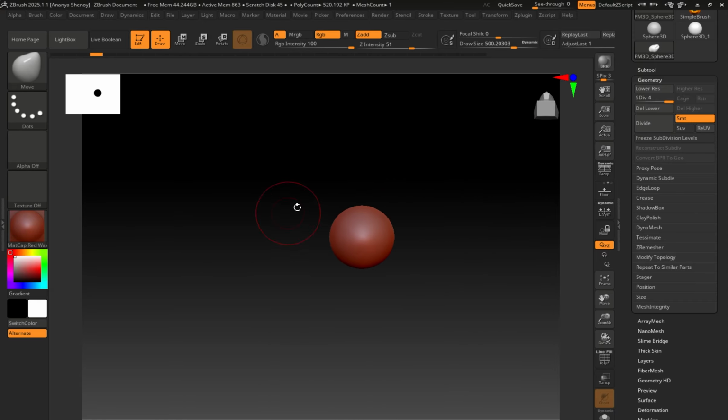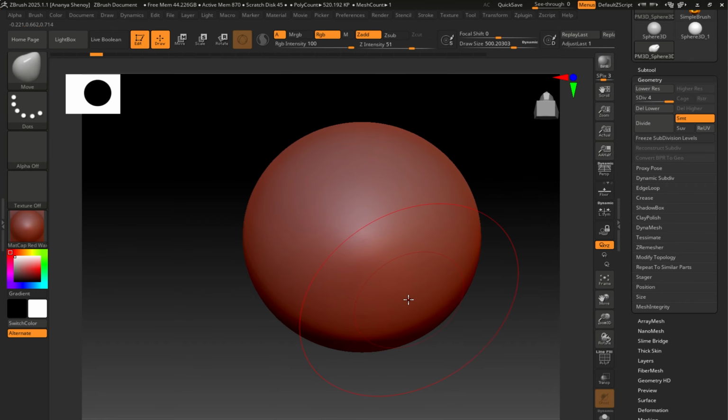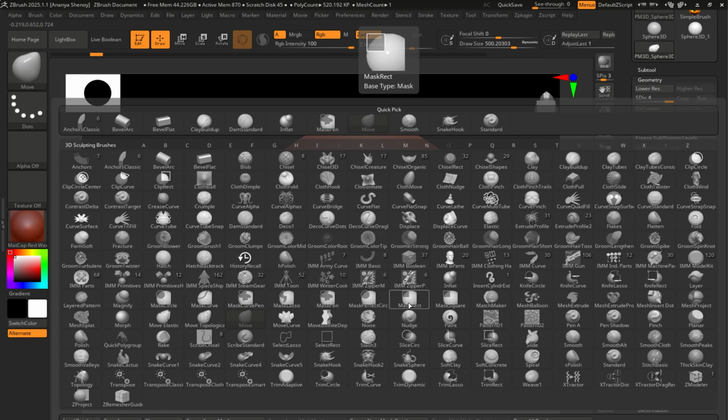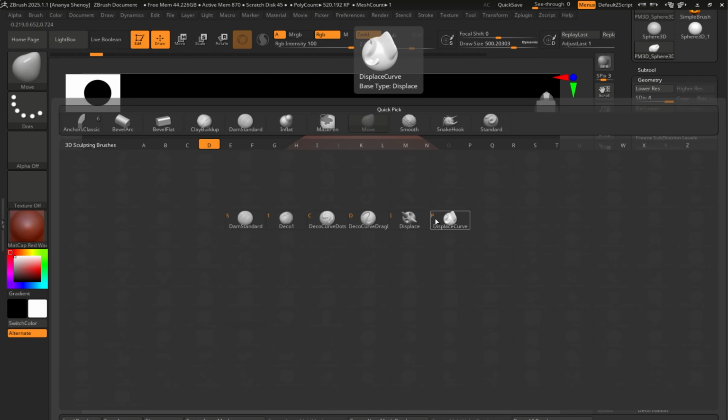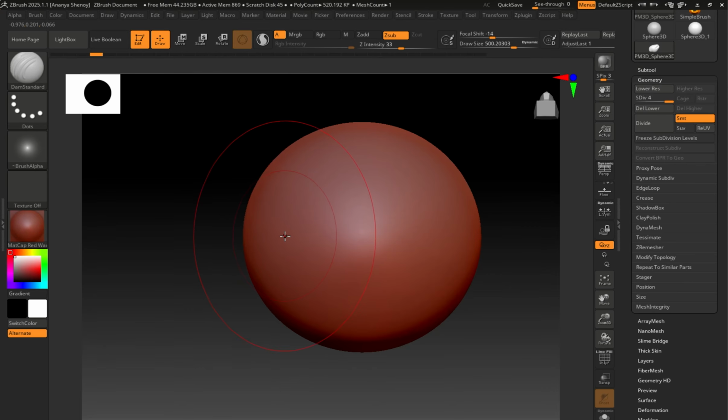So the damp standard is B to open up the brush menu, D, and that isolates the D brushes, and the damp standard is S. So the shortcut is B, D, S. This brush is similar to the standard, but the thing that I like about it is that it gives you this sharper line, and you can see that this is the alpha that you get. So you get a sharper inward